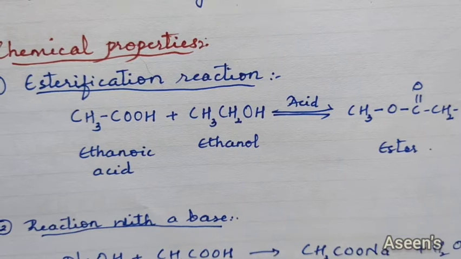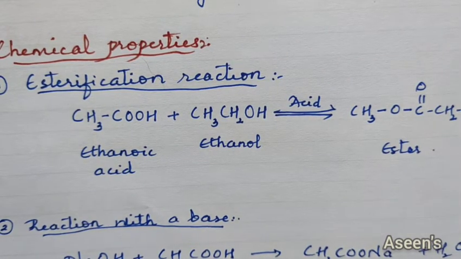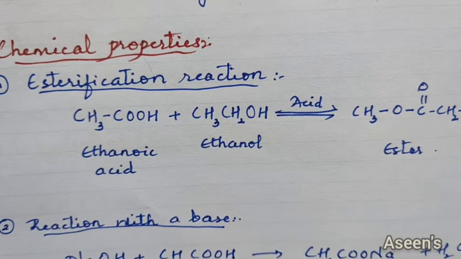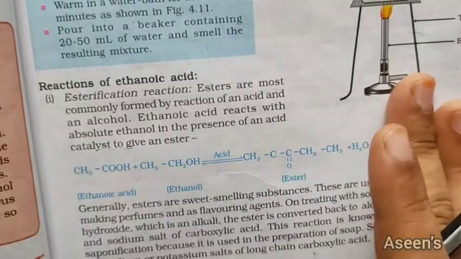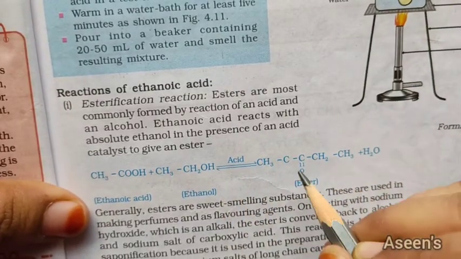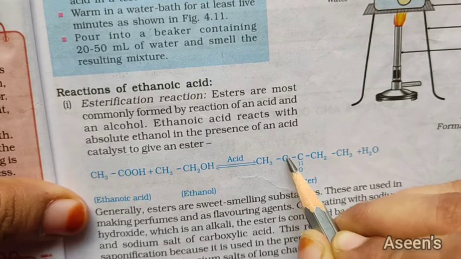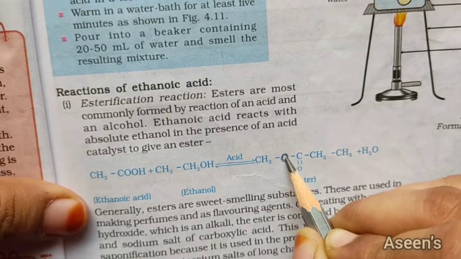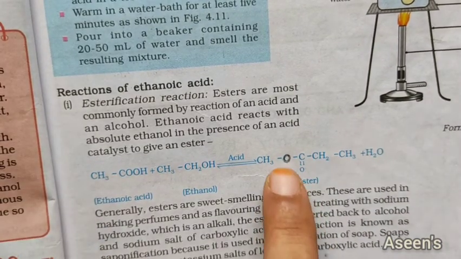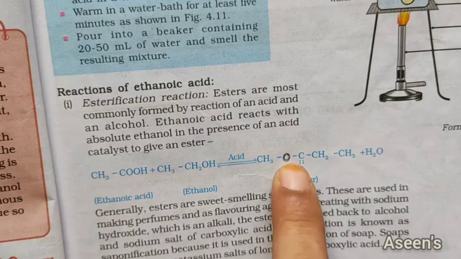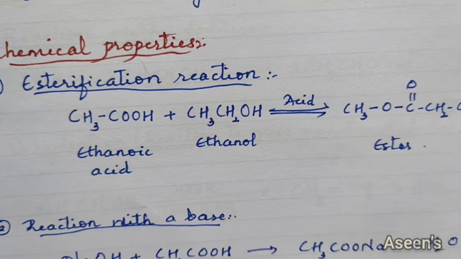We are going to start with the first one, that is esterification. Now for the esterification reaction, in your textbook, in the Part 2 book on page number 17, you have this reaction. You need to know that wherever they have given C over here, this is not C actually, this is actually an O. This is something which you need to remember. A slight printing mistake has happened over here. It's supposed to be an O since it's an ester. Okay, so we are going to see the reaction.